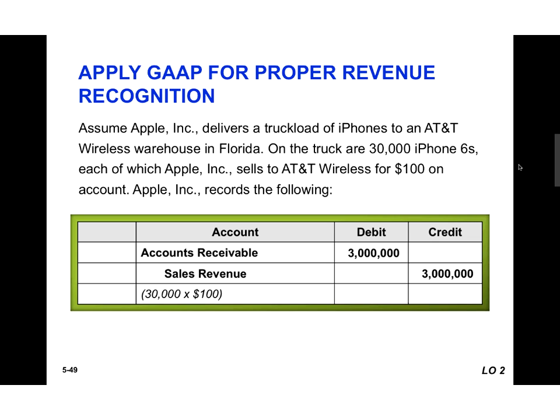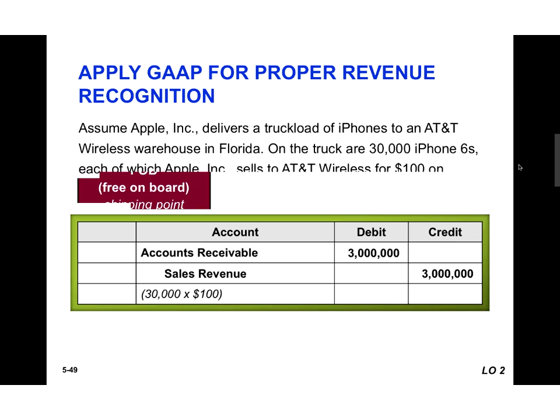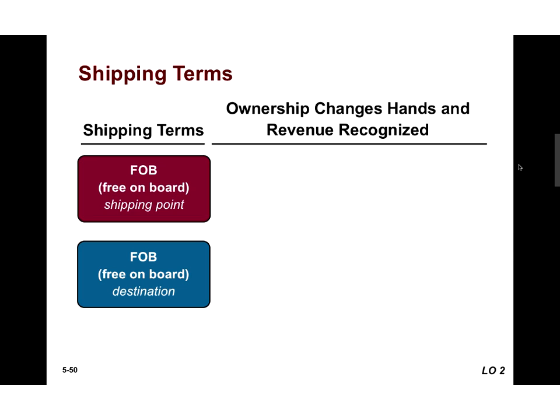Okay, now we're going to have a couple little twists in the chapter. That was our basic sales entry. That's all fine. But we can make a couple little twists, and here's the first of those coming up. We said that we recognize revenue when ownership transfers, I guess when we deliver the services or deliver the goods to the customer. When does that happen? There are two terms here.